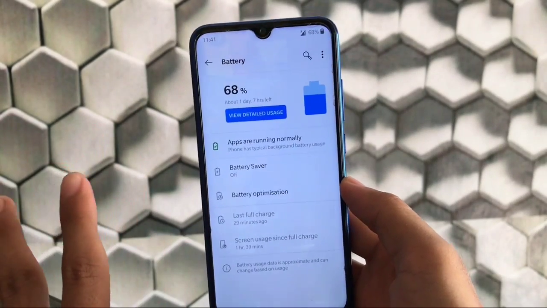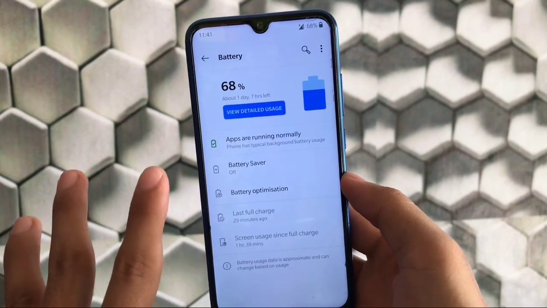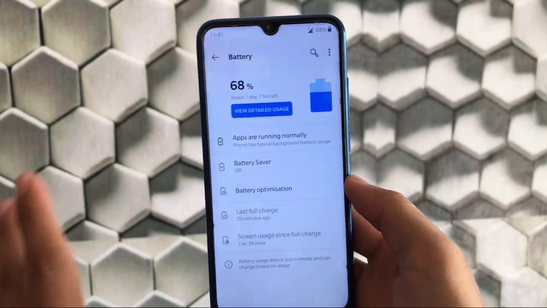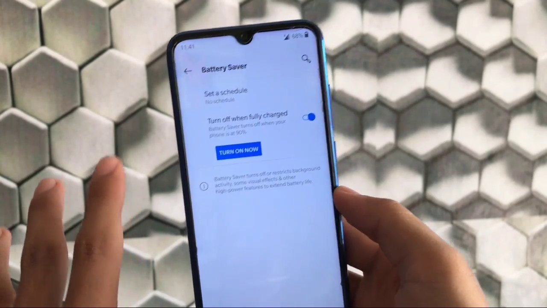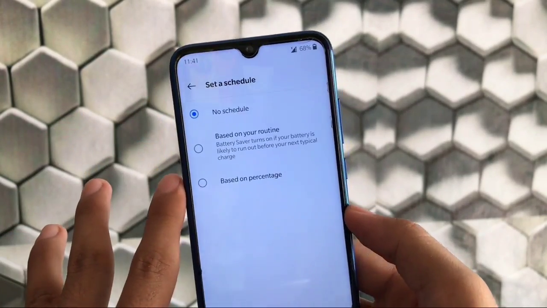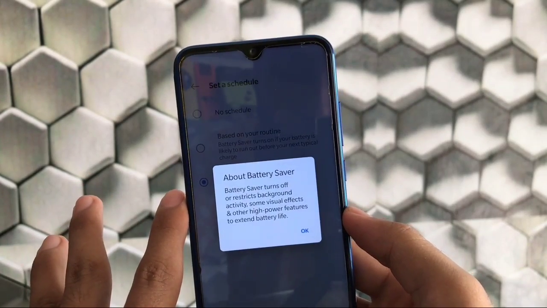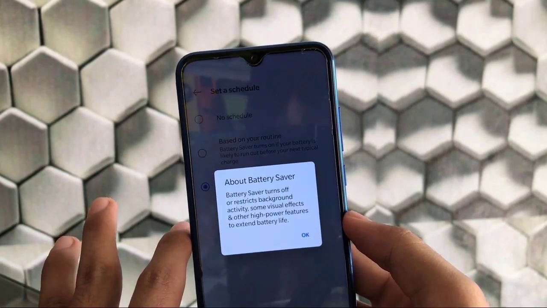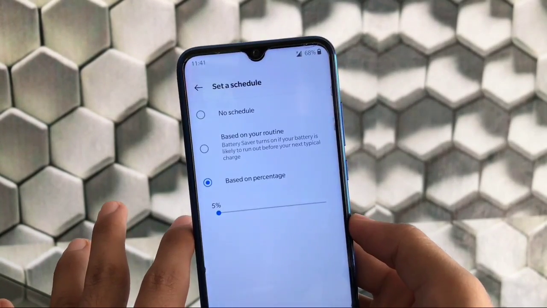Okay, in the battery section we have the battery saver option, battery optimization, last full charge and screen usage since the full charge. These are the options you get here. And if you talk about the battery saver, when you go to set a schedule, you have the option of choosing based on percentage. If you click on based on percentage, battery saver turns off or restricts background activities, some visual effects or other high power features.